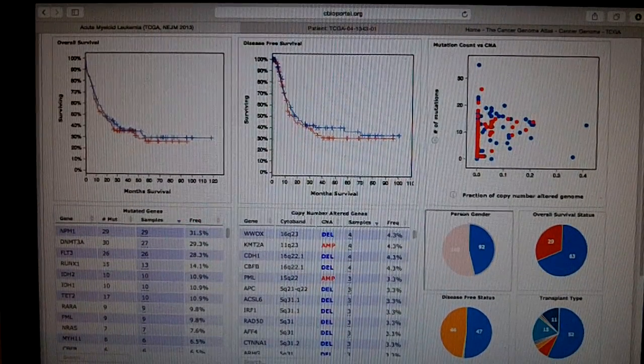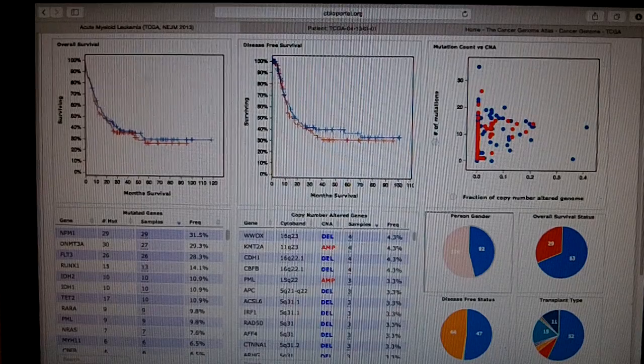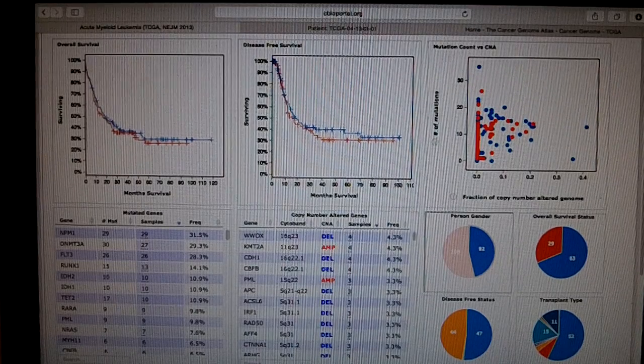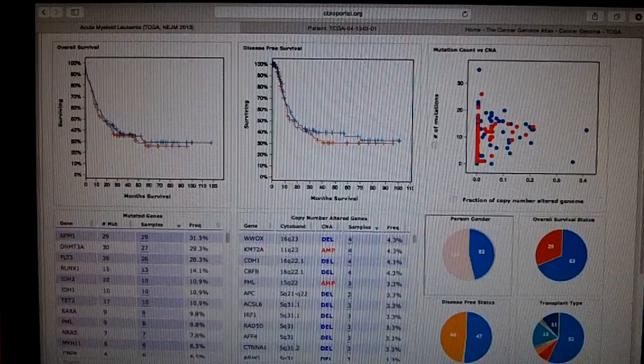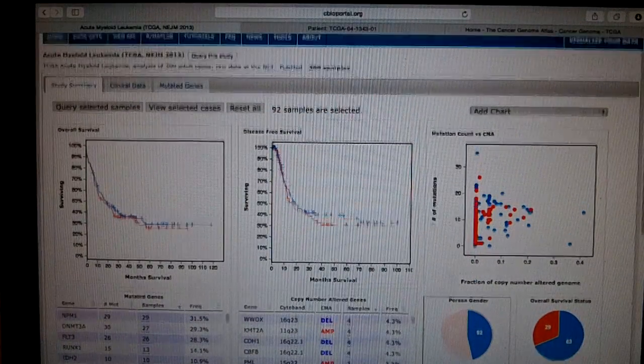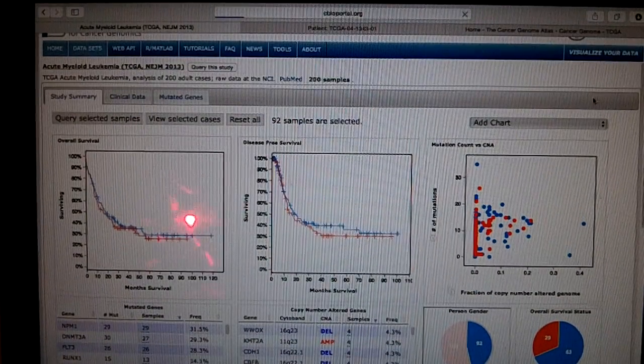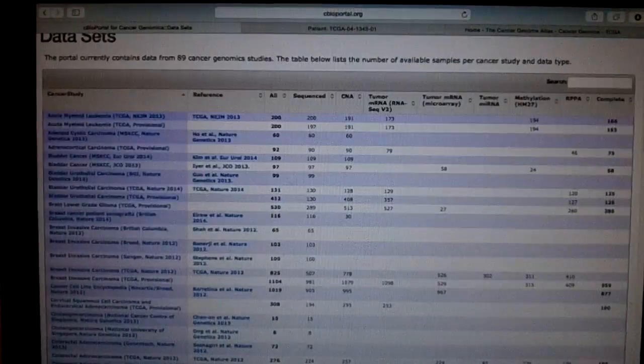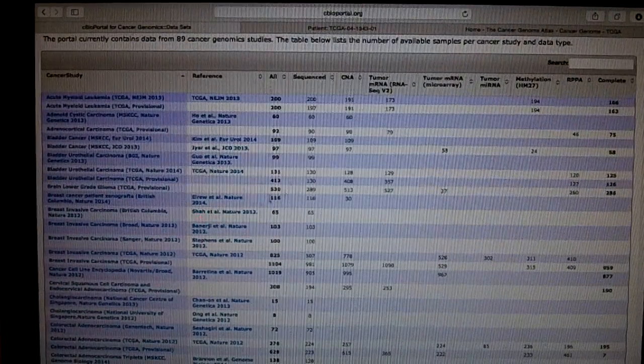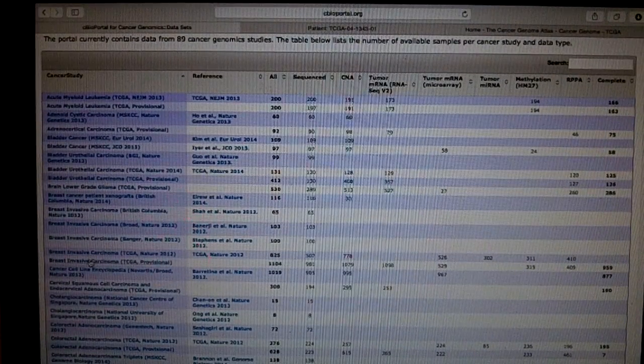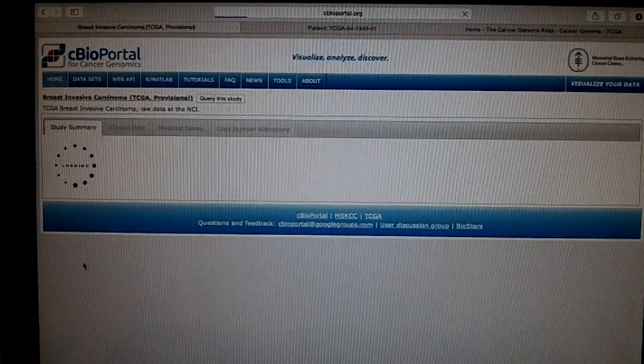So this is a great service if you want to see overall data with these genome studies that have been compacted into these relatively easy to read charts. So say if you want to look at a different study or in a different cancer, if you want to look at one of the breast invasive carcinoma studies,